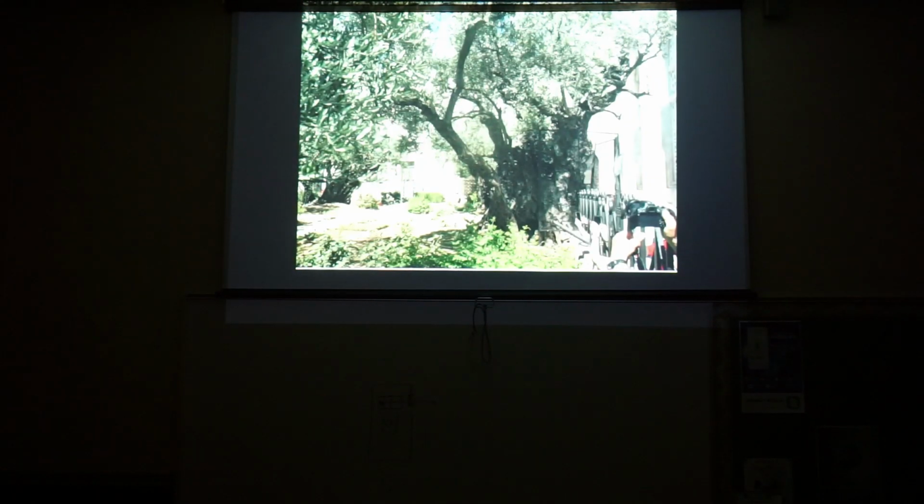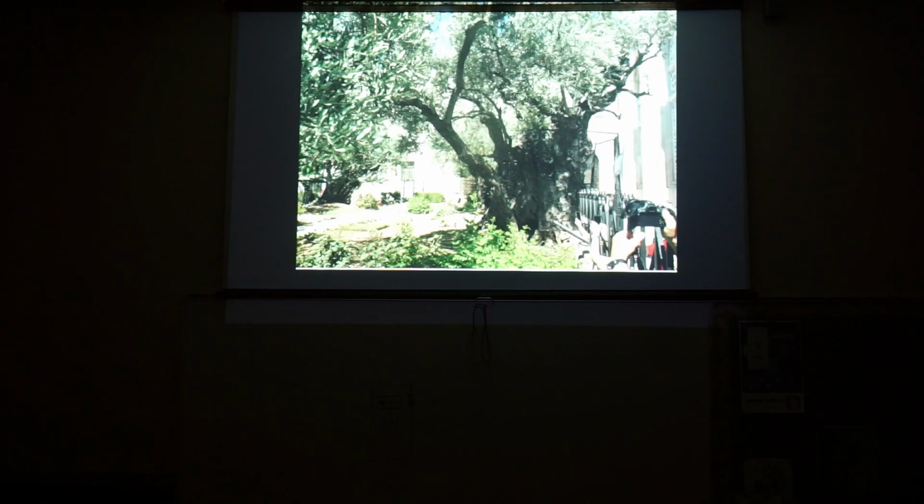Here's another picture of it. One of the things I like about this picture is you see old school, new school. I think that may be Wayne Rushing's hand with a camera taking a picture of that tree. But then you'll notice as you go down the fence line, everybody else is taking pictures with their iPhones. And in fact, I took this picture with my iPhone